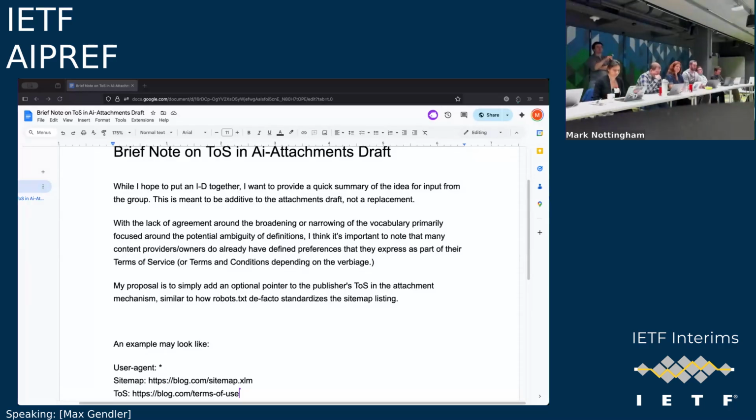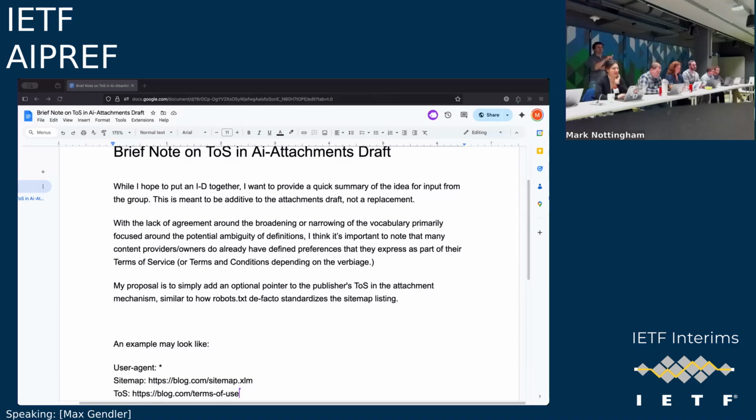Generally, I think it is a useful qualifier for publishers to say, hey, not everything that we would like to express our preferences on is covered in this language, which we're seeing quite naturally from the way the conversations have happened. Different publishers have different preferences on what that vocabulary looks like, and that's kind of normal.